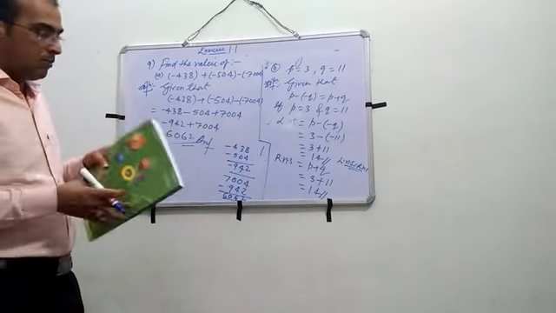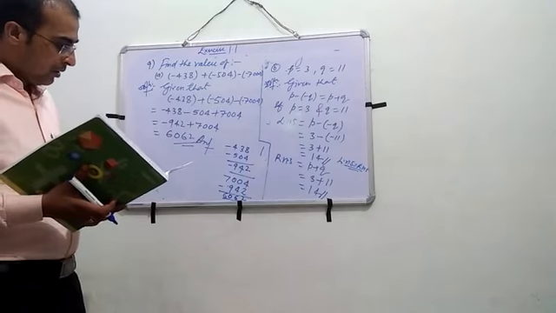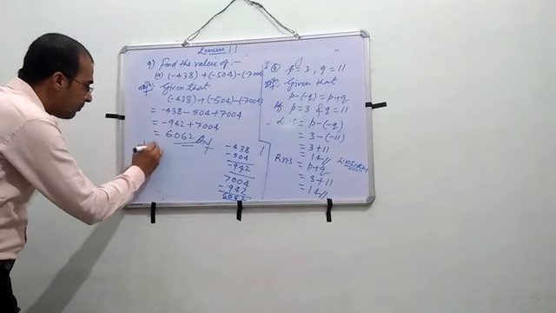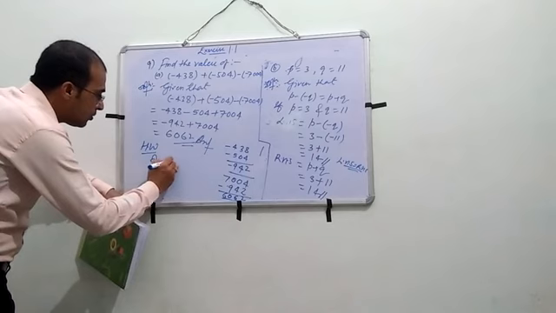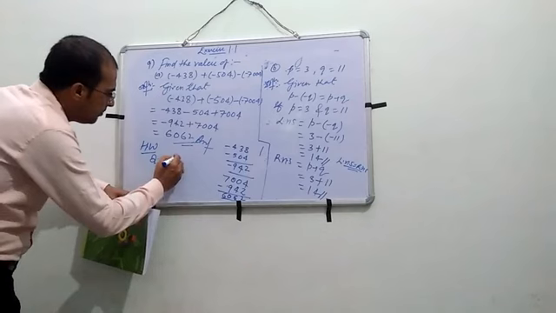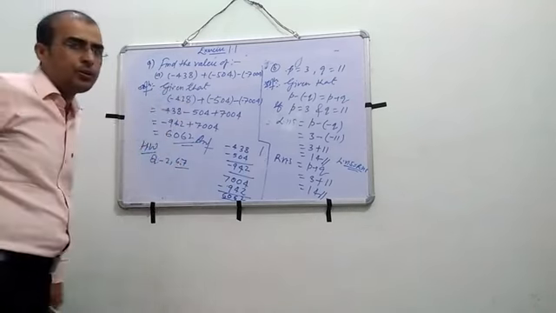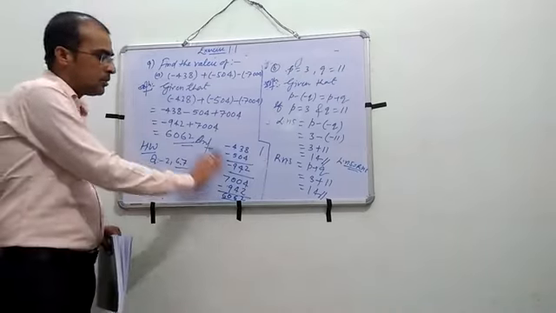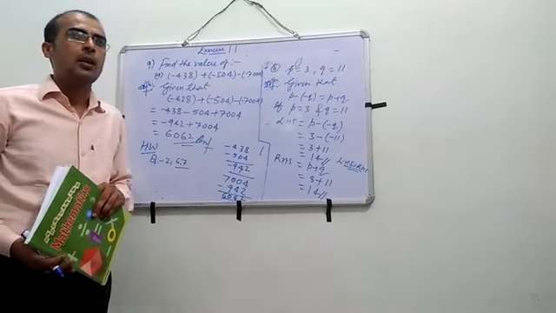So in this class, what I have solved are question number 1, 3, 4, 5, 7, 8 and 9. And for your homework, question number 2 and question number 6 and 7, and the remaining parts of 9 and 8 you will solve. Okay, that is it for this class. Now I will start multiplication and its properties in the next class.